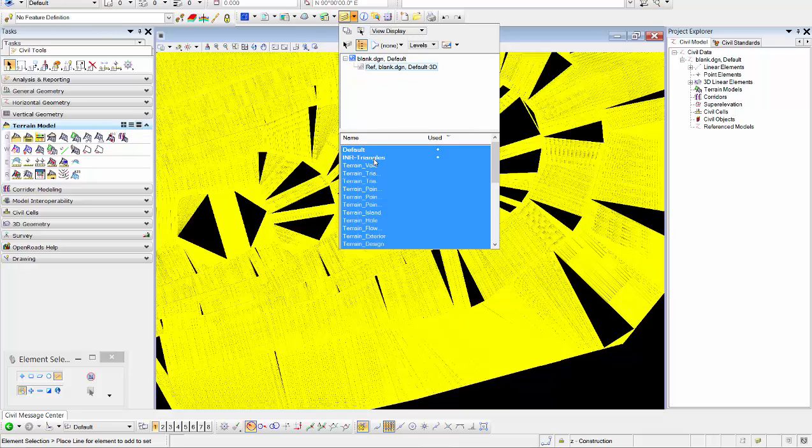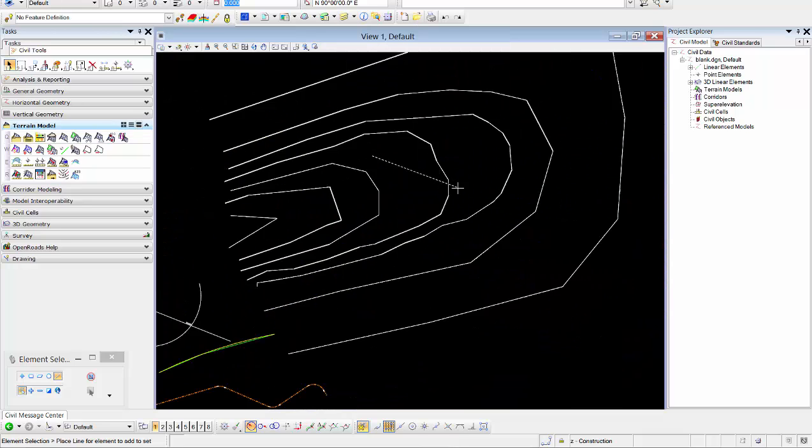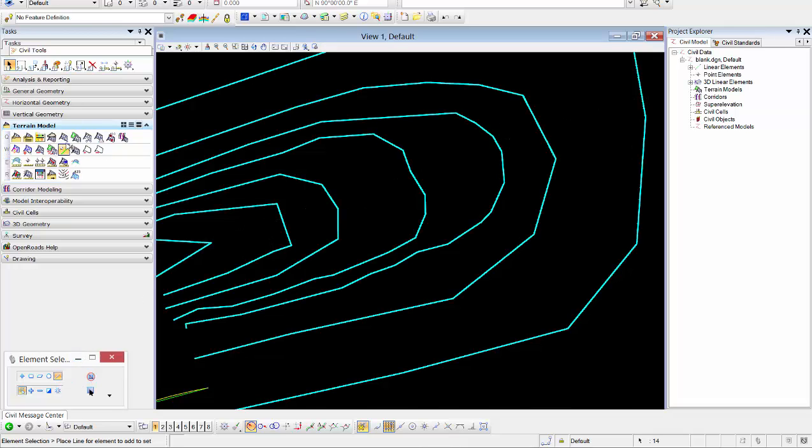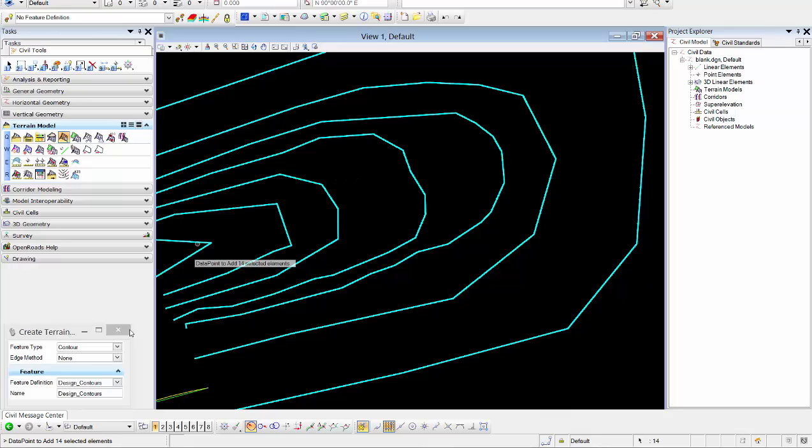But when we look at an OpenRoads terrain, that technology solves the problem a little better for us. It's not necessary for the inferred break line. So what we're going to do is make a selection set of all these contours here, and we're going to import them into a terrain model. And when we give it the feature type contour down here in our create terrain,